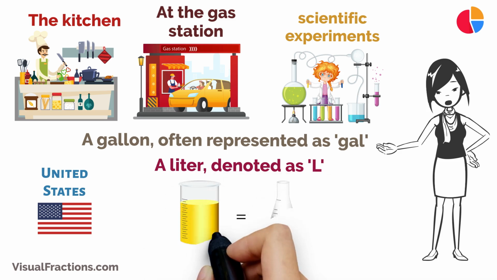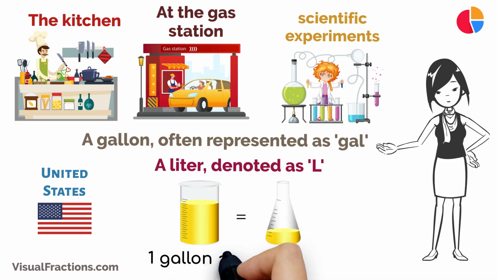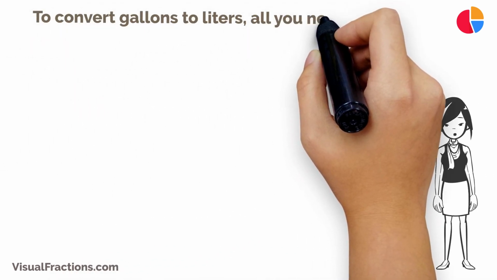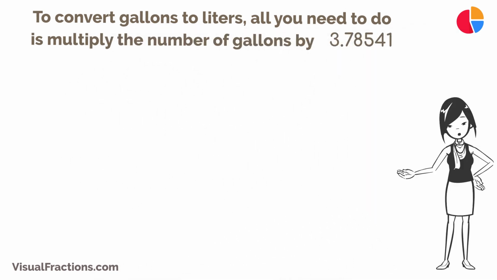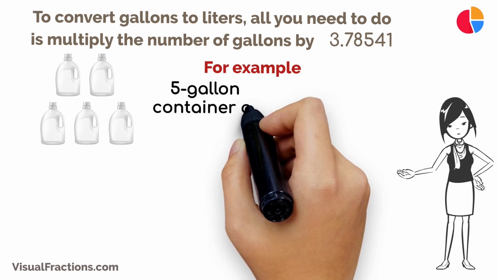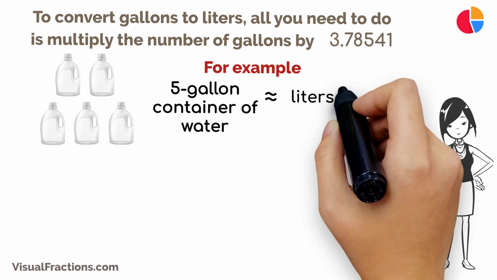Now, here's the key part. 1 gallon is equal to approximately 3.78541 liters. To convert gallons to liters, all you need to do is multiply the number of gallons by 3.78541. For example, if you have a 5-gallon container of water and you want to know how many liters it